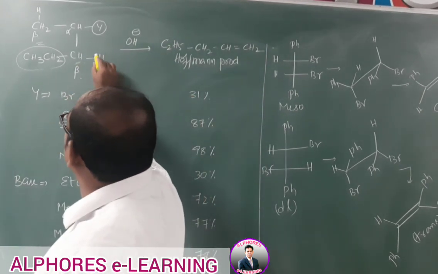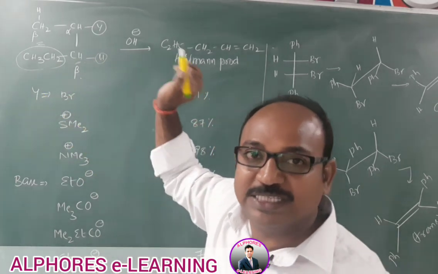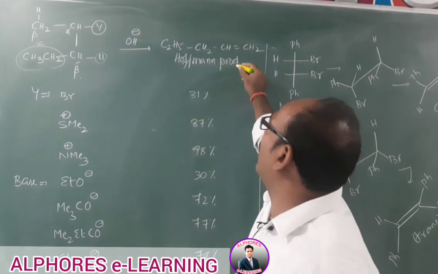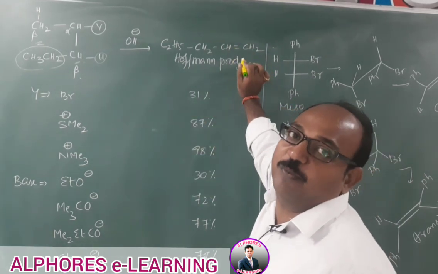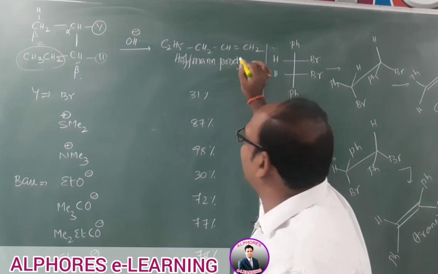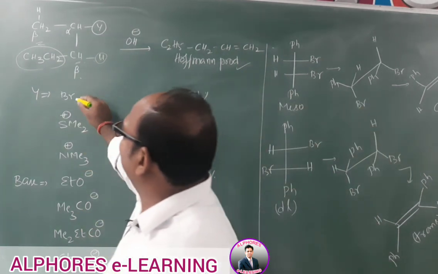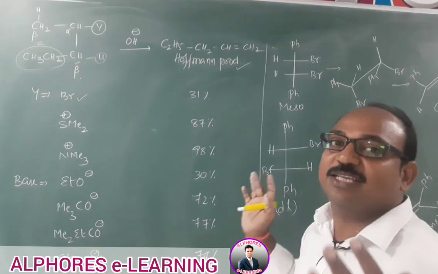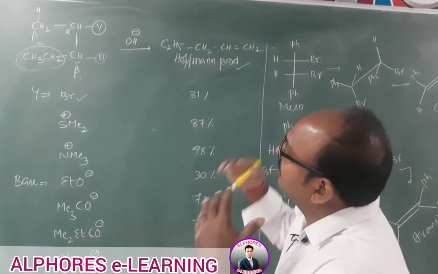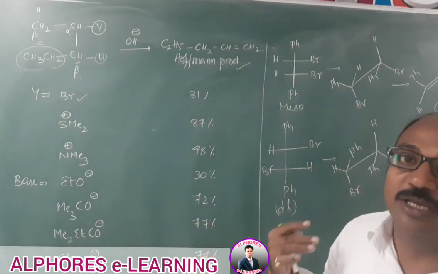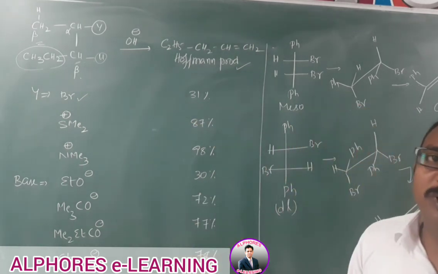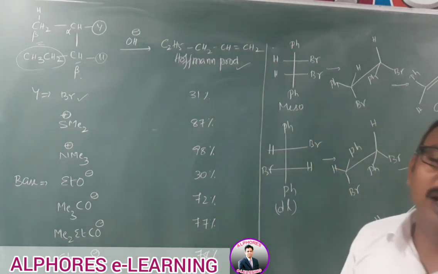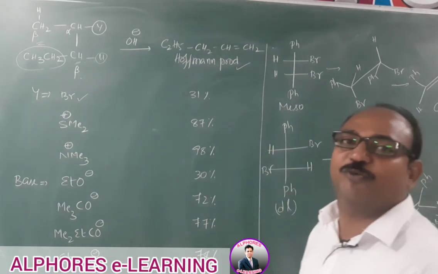Now, when we use a base, in the presence of the base, elimination has to take place. With respect to this hydrogen, the product is what we call the Saytzeff product, and with respect to the other beta hydrogen, the product we get is the Hofmann product, the less substituted product. Let us consider the Hofmann product percentage. If the leaving group is bromine, as we learned in previous sessions, with increase in size of the halogen atom, leaving tendency also increases. So since Br is a good leaving group, in such a case we get 31% of Hofmann product, and the remaining 69% is Saytzeff product.